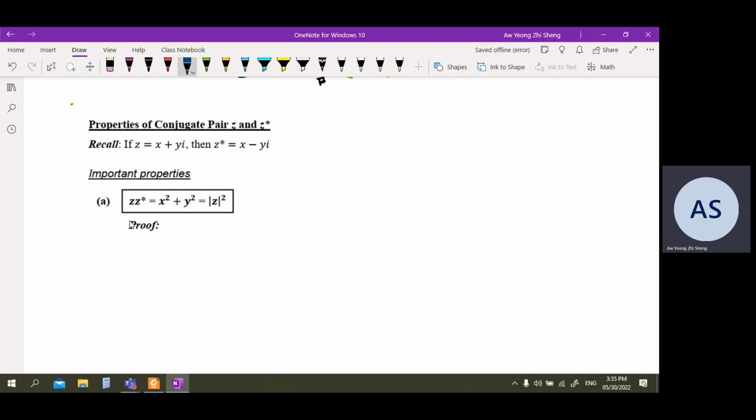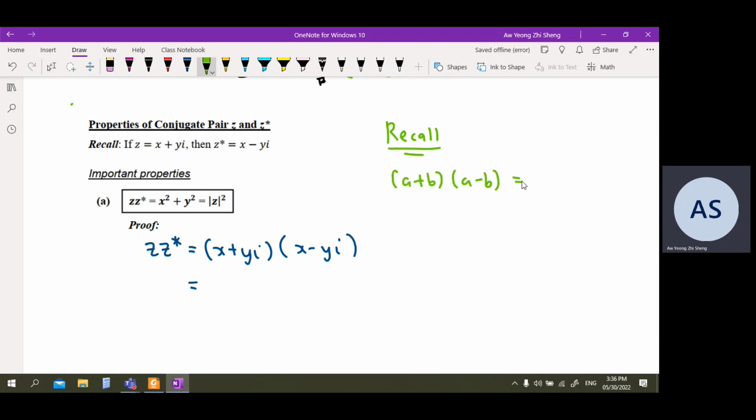Right. So part A is to study what happens when we multiply a conjugate pair. If z is x plus yi, then z star must be x minus yi. So then what is z times z star? It becomes x plus yi multiplied by x minus yi. Recall from your elementary algebra that if you have a plus b times a minus b, you have a squared minus b squared. Now, if we treat x as a, and b as yi,